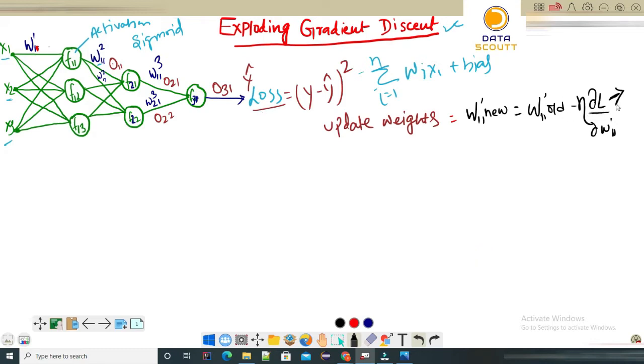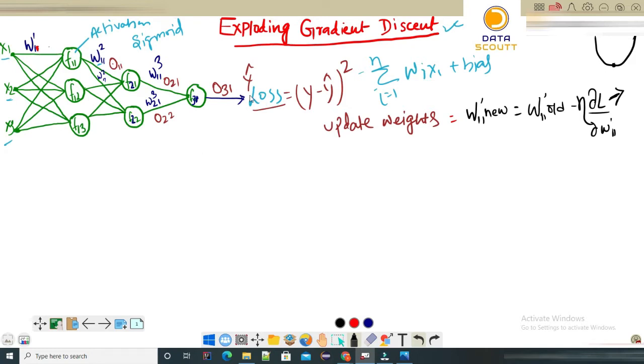And we know how to derive this loss through chain rule and backpropagation. That is how we update to newer weights so that we can minimize the loss and it can converge to a local minima. So let's say we are trying to calculate the newer weight for this one with this formula. Let's derive this loss for this weight.